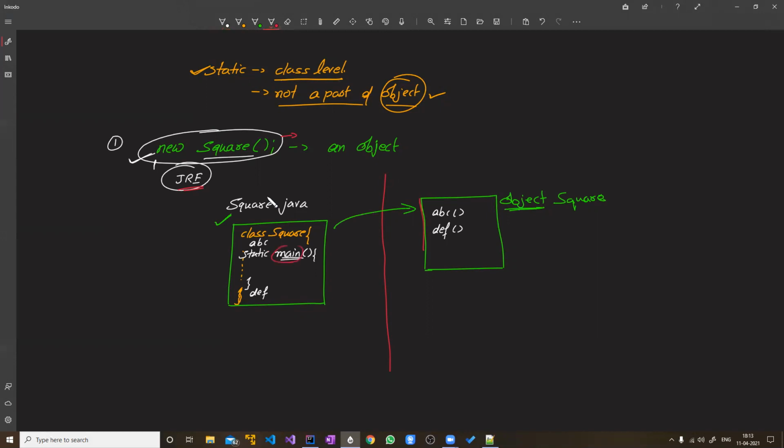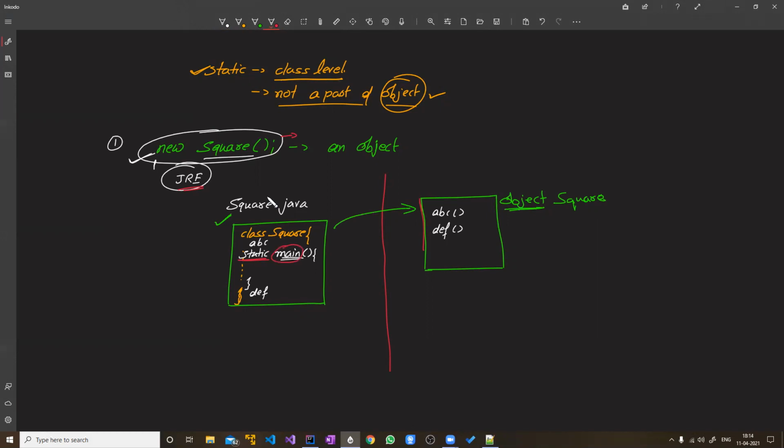Main will stay here in the class because it is static. And if you see 100 executable programs, in 100 out of 100 you will find that the main is static.